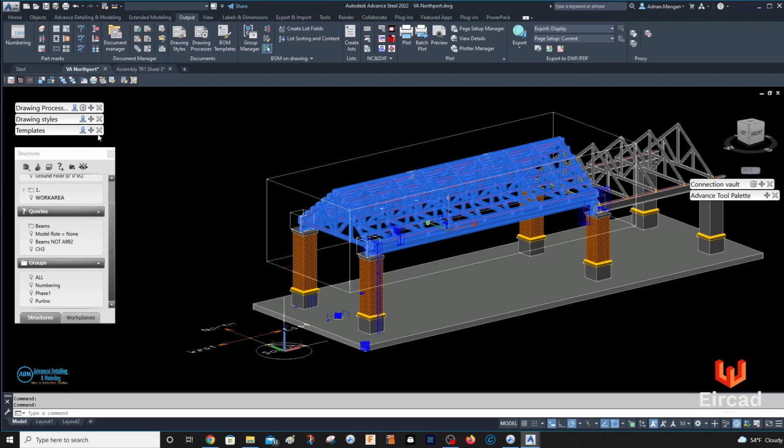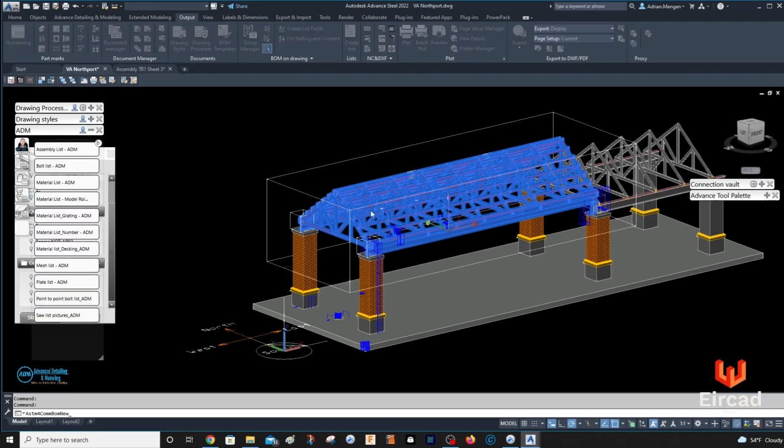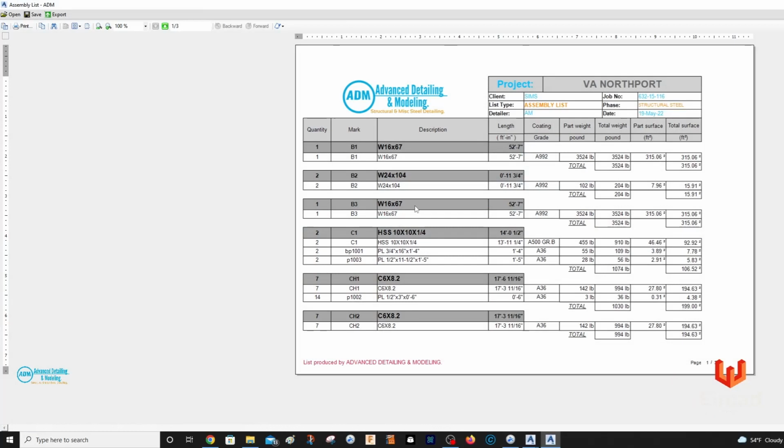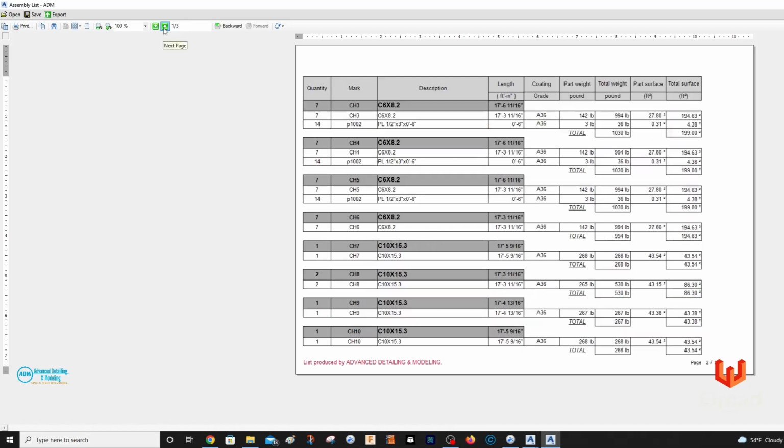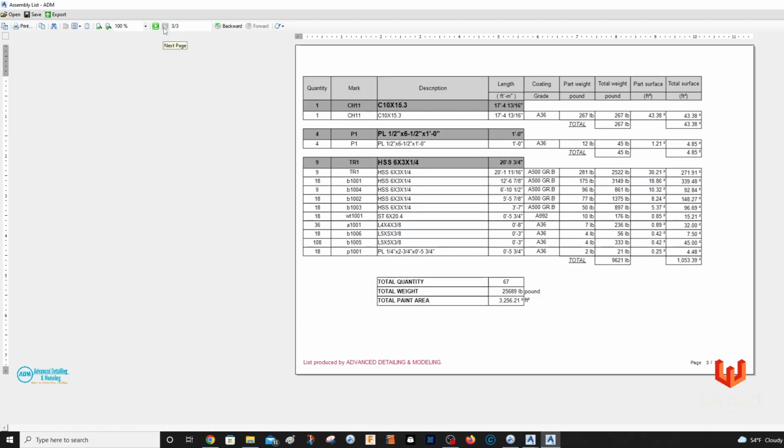Now I'm going to put these on a list. What I'm going to do is select on our templates, assembly list, ADM, okay. And that's going to put them on a list. You can see it's working down in the bottom corner. Here you go, there's your list, 3 pages, because it looks like a lot of parts, but a lot of them are the same. You can see here's your trusses, there's 9 trusses, there's 9 main parts, 18 B1s, 9,